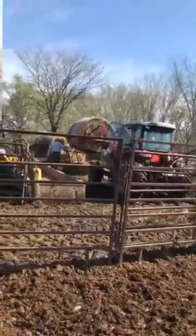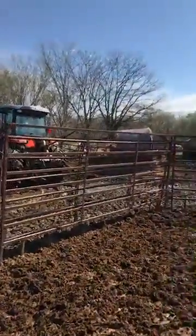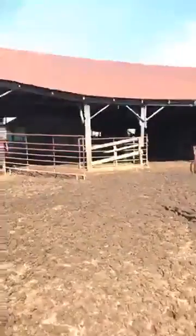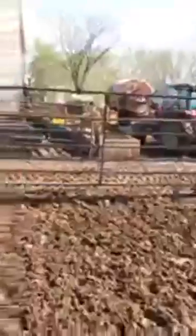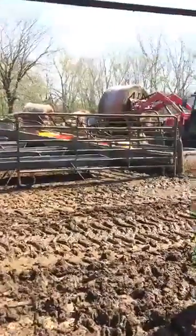So another thing that you might notice is all the different gates that we have in here, and how they're all kind of spaced out. So like right now I am inside a pen that has 2 swinging doors on it on the outside that lead into the barn where there are 2 holding areas. This is just one of the ways that we're able to separate cows and calves and sort them and have them in different holding pens. We have another gate that is right here that